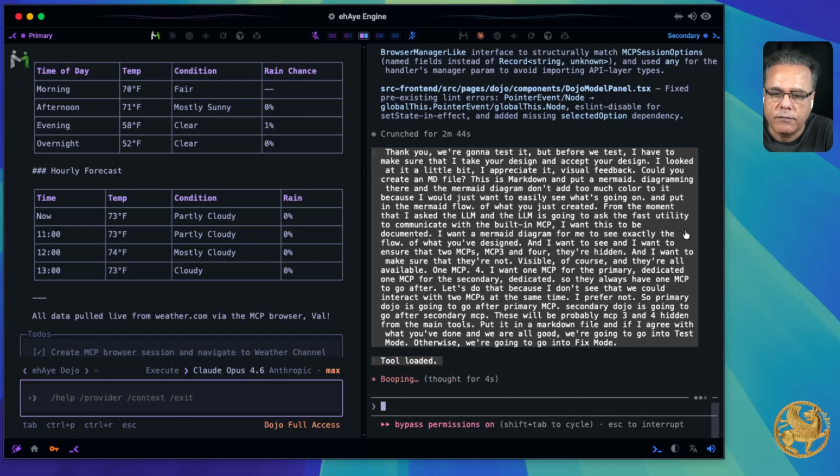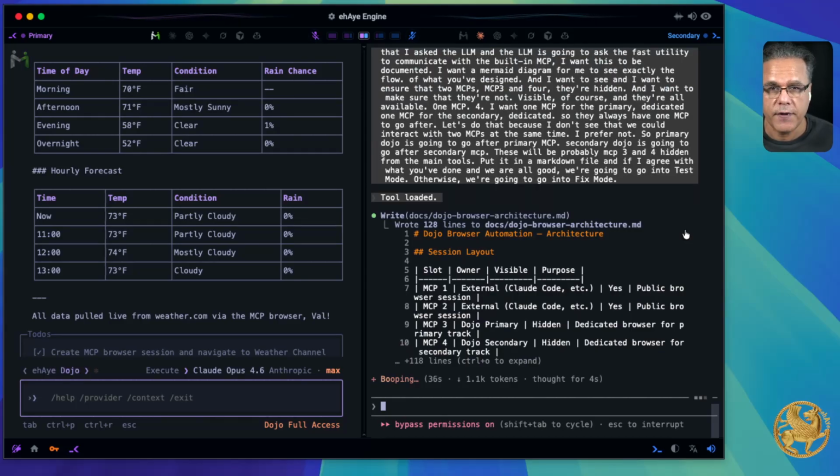Alrighty. Now, it is going to create the MCP, and we're going to communicate by looking at the markdown. We're going to look at the markdown to see what it has created. It is really important for us to visually agree with the LLM, because one picture, one image is worth 1,000 words. And if we could get a video out of it, that would be awesome as well. We have a video feature as well. Whenever you're doing E2E, end-to-end, it's going to do a nice video dump of the whole process.